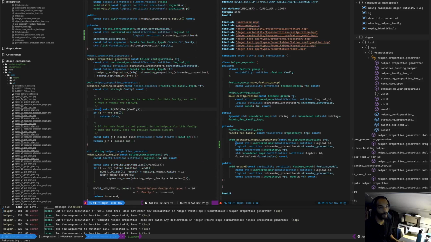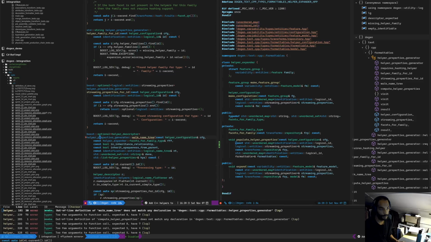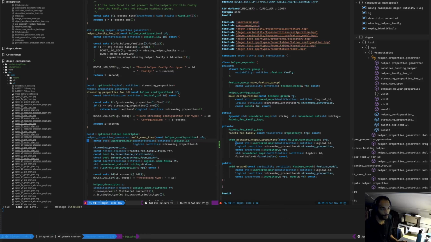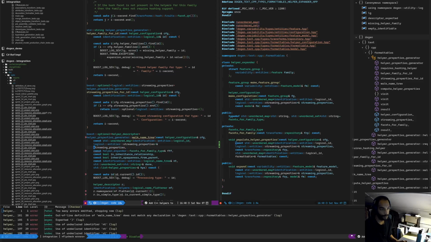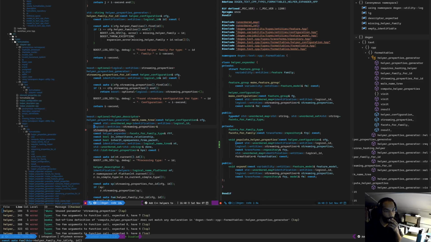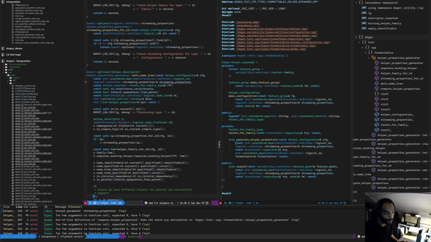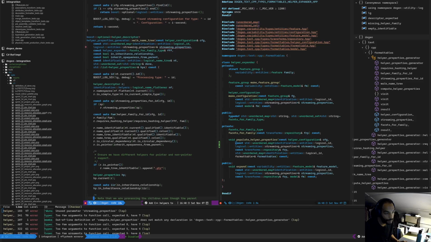So what we really want is for wherever we are using the streaming properties at present from the configuration, we, something not quite right here. Okay, so let's just double check that we are actually using the streaming properties around here. We may not be using. I suspect we are, but